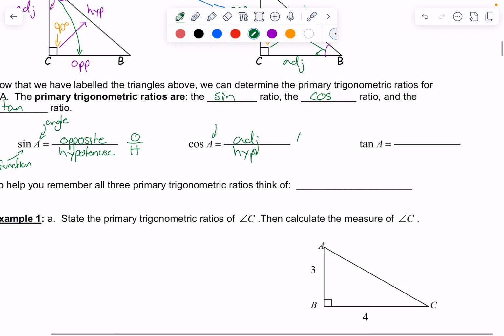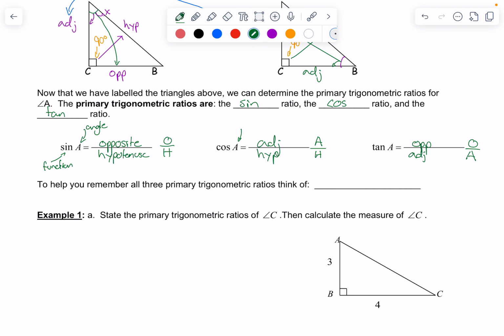And again, you can also shorten it to A over H. And then the tan will be the opposite side length compared to the adjacent side length, or O over A. And the reason I gave you these even shorter forms, O over A and so on,